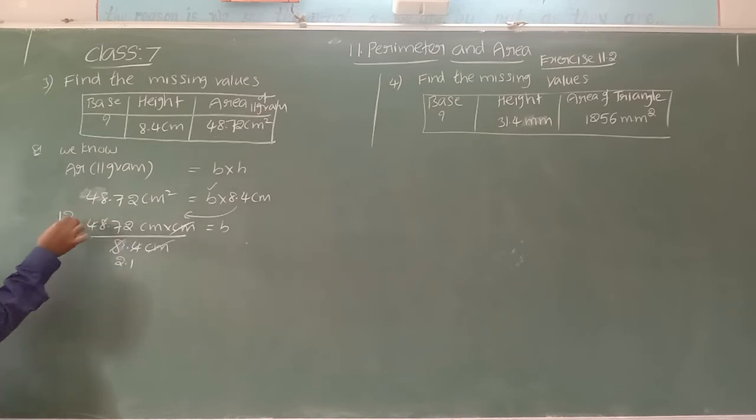4 2s are 8. Point. 4 2s are 8. 7 only once. 4 1s are 4. 3 left. 32. 4 8s are 32. The leftover part is